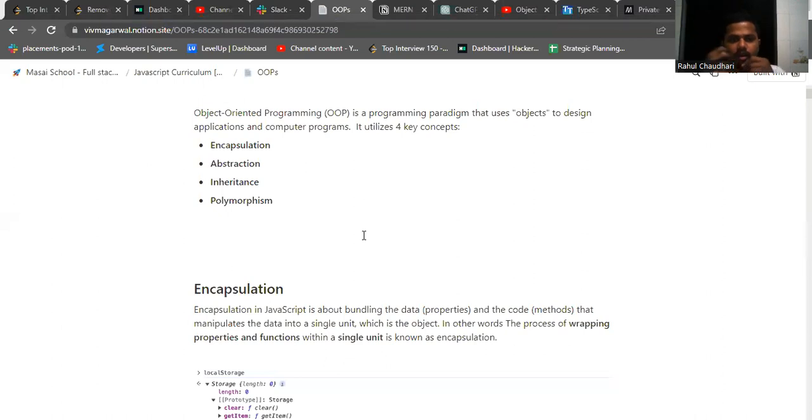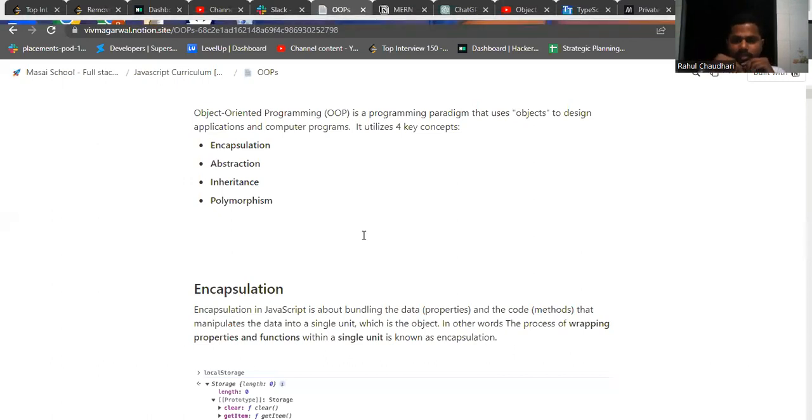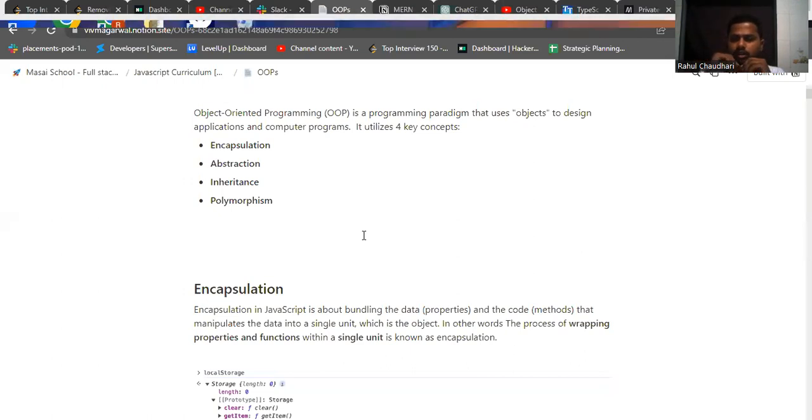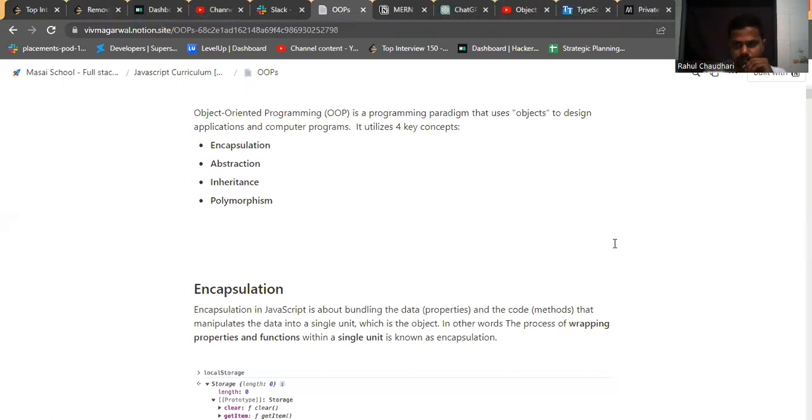Encapsulation is about bundling the data. Data means properties and methods. Methods means, like, a function that we are creating inside the object. So the methods and the properties are bundled, manipulating the data in a single unit, right? So, for example,